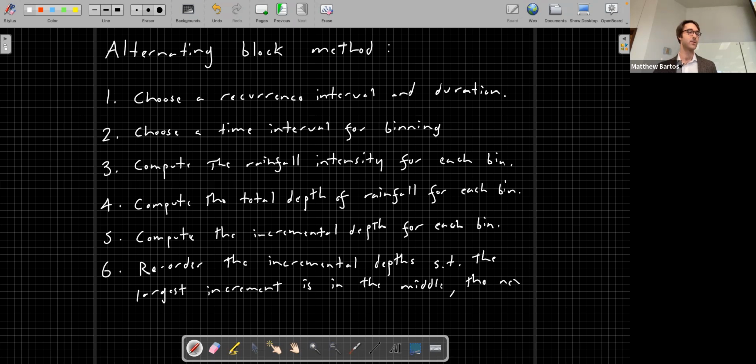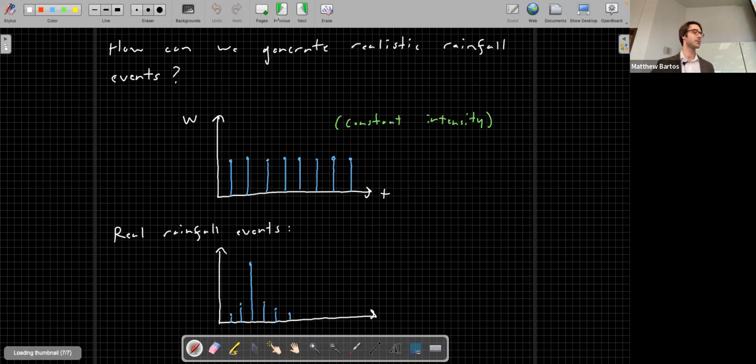The next largest is to the right. The next largest after that to the left, and so on and so on, until we get something that looks